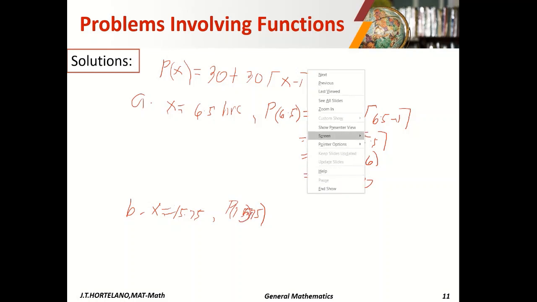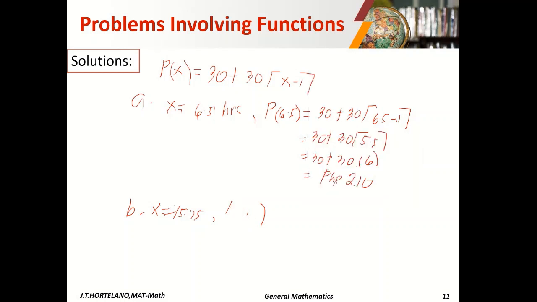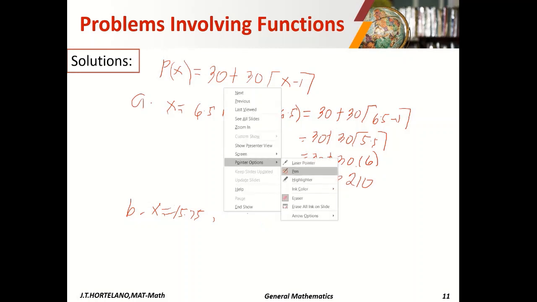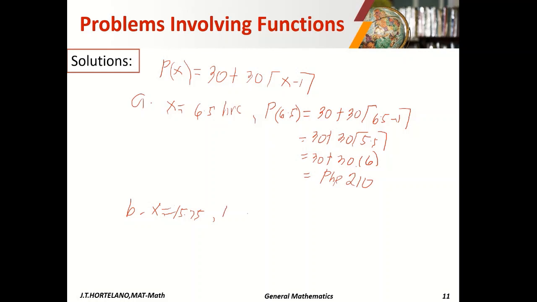Sige, pwede naman burahin na. Pointer option, eraser. So P of 15.75 is equal to